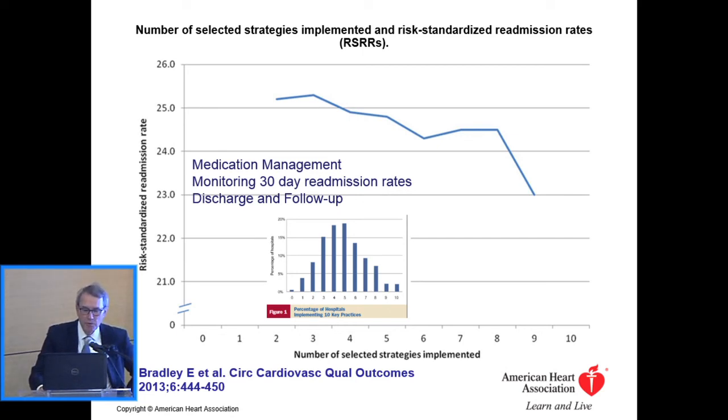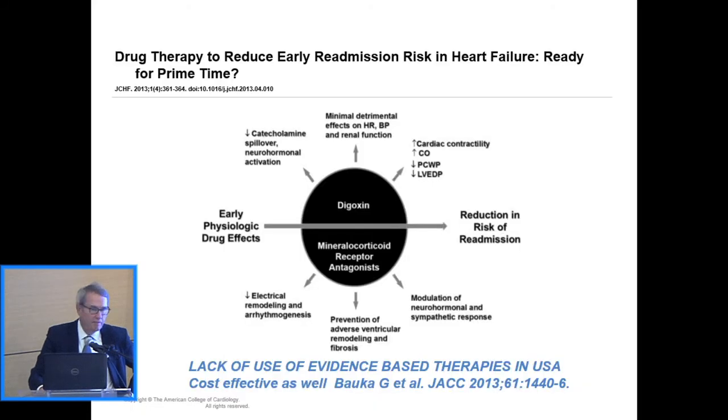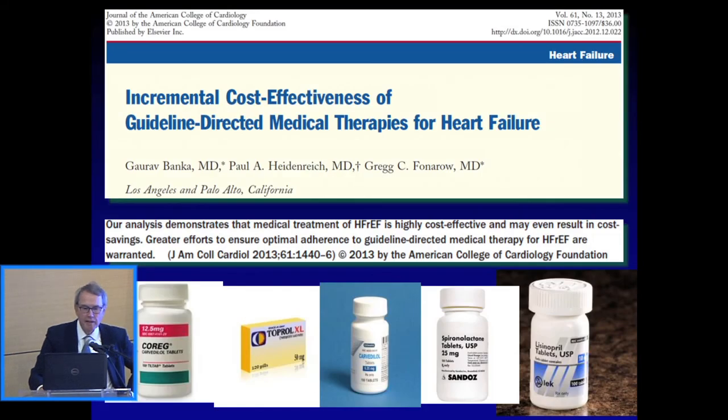You've heard a lot about the use of medications. This is a nice review in JACC. Again, this is in the United States, but this is also pointing out, you've seen a lot of the data, lack of use of evidence-based therapies in the US is very prevalent, and there are lots of studies that show if we just do a better job of giving the medications that have been proven to be efficacious, there will be incremental cost effectiveness just by deploying the guideline-directed medical therapies,